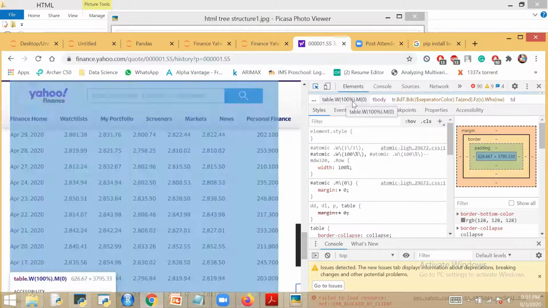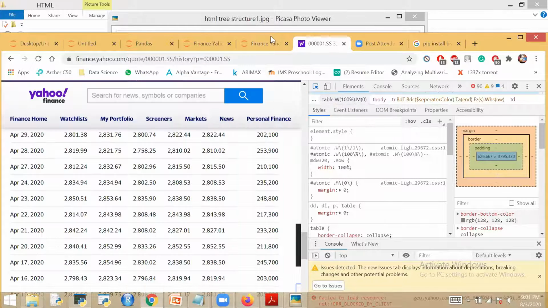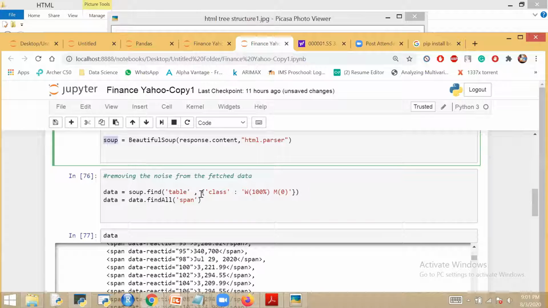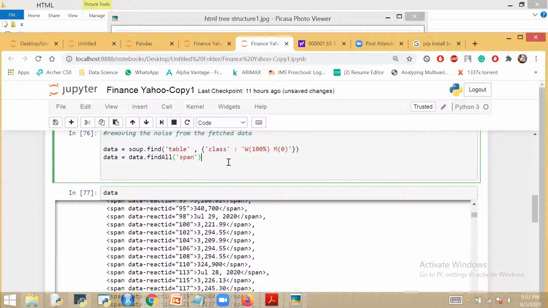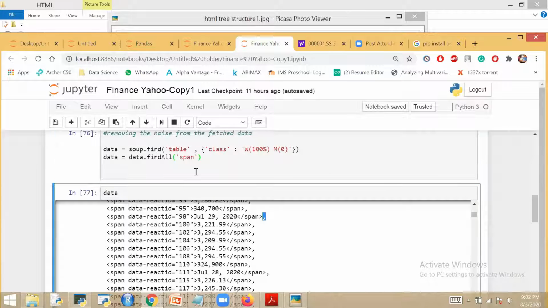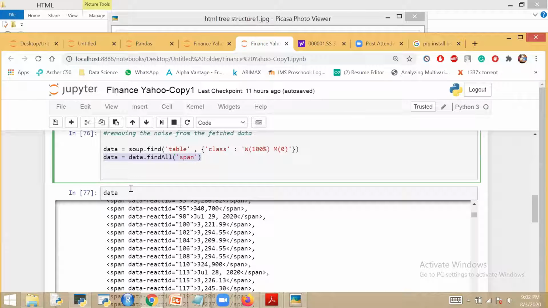From here, which was this table, we have passed the table name here. Class is equal to this table name. This is the format which Beautiful Soup takes, and this is the default in this method. Fine. Now after that we observed that the data we are interested in is in between spans. So we have done find all the spans in that data because that was the subset of our data in which we are interested. So noise is not there. You can do find all for those columns.